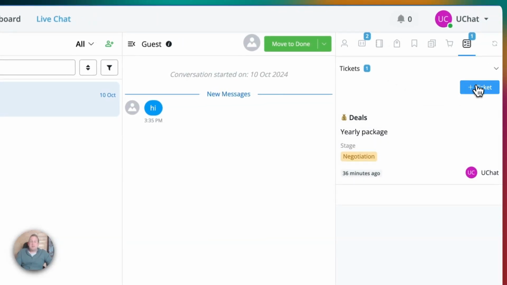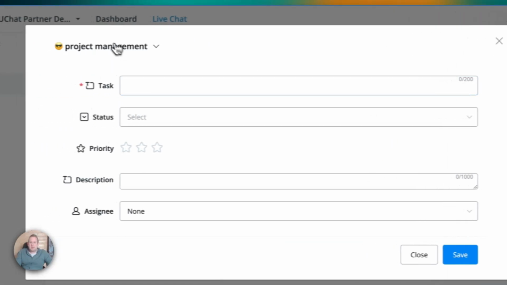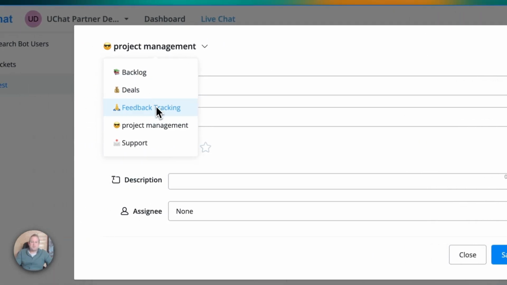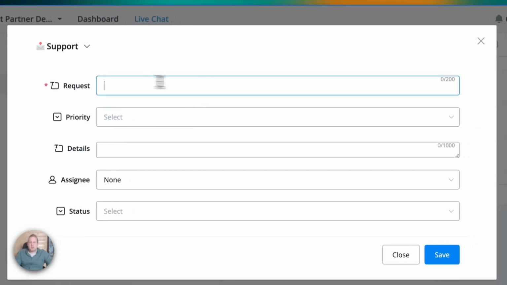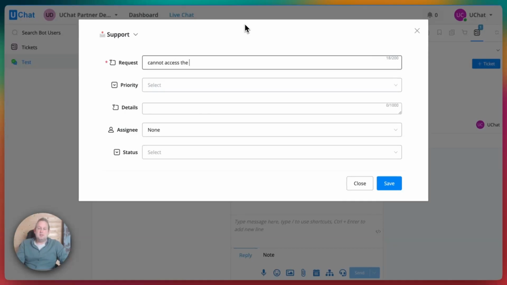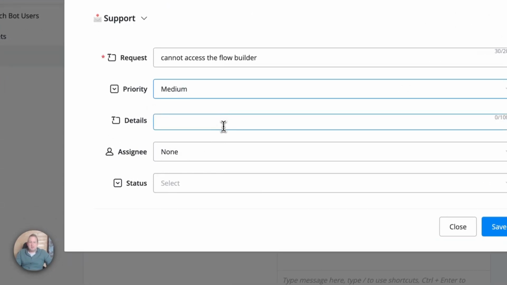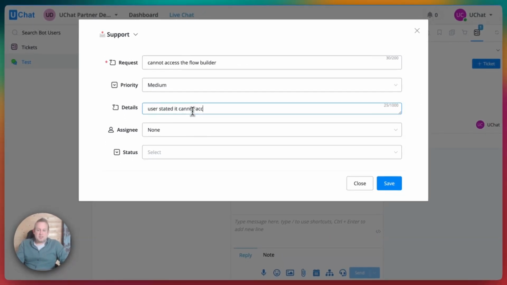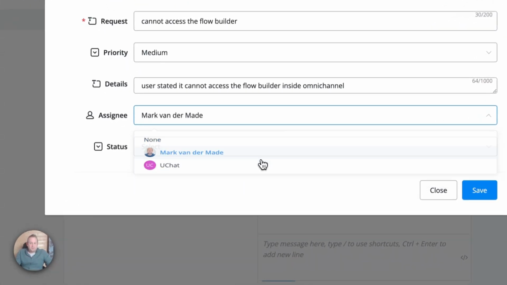And of course, you can create a new ticket here directly from the spot. So you can add them towards the list of your preference. So let's say it's a support question and the user has a certain issue. Let's say cannot access the flow builder. Let's make it a priority medium. Details, user stated it cannot access the flow builder inside Omni-Channel. And you can assign it towards any of the agents that are available, and then we can also